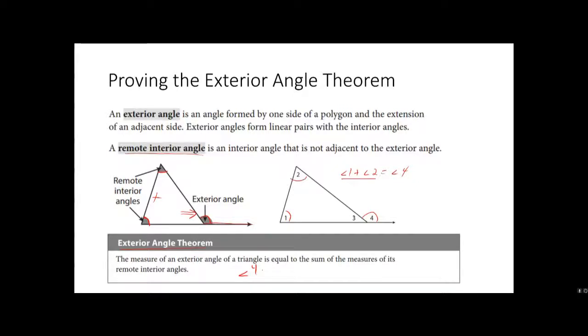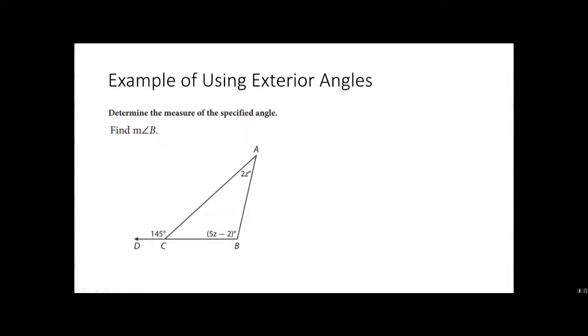So angle 4 is equal to the sum of the two remote interior angles. That's what it's trying to say. All right, moving on. Here's an example. Here are my two remote interior angles, and here is my exterior angle. According to the theorem, I know that angle A plus angle B